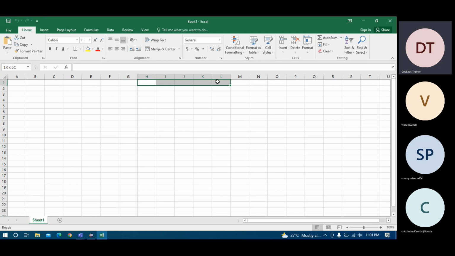But if you have a two-dimensional array, it means it has rows and columns as well. Consider that you have an array of 2 by 3. If it is 3 by 3, then it is like that. If it is 4 by 3, like this, then 4 by 4 like this. This is the row and this is the columns. So it will basically create a table. That is called a two-dimensional array.